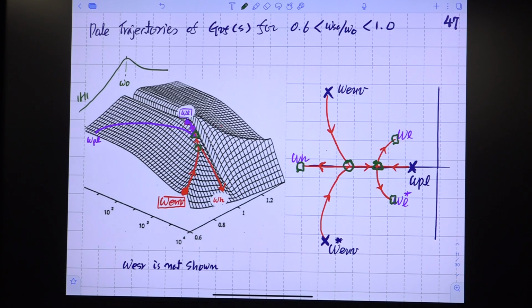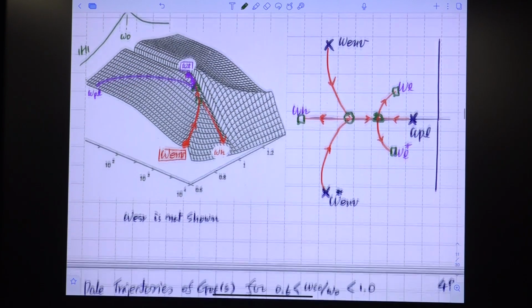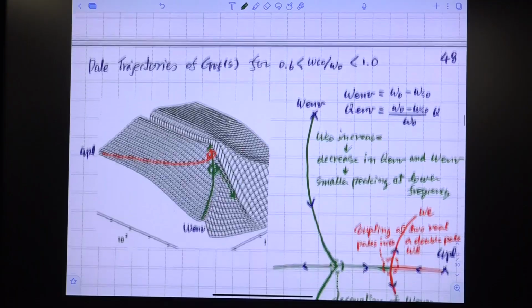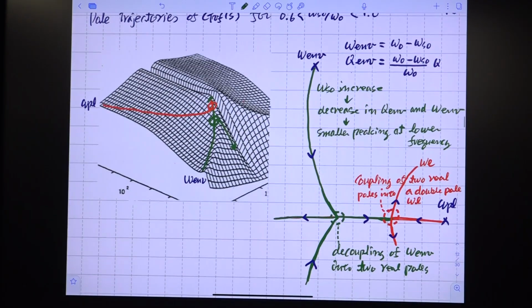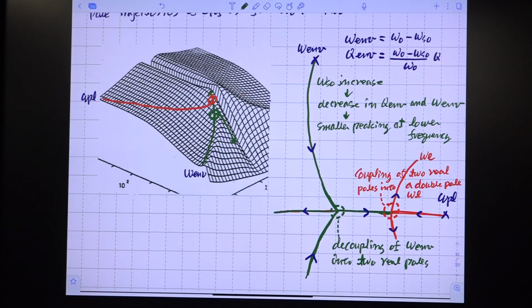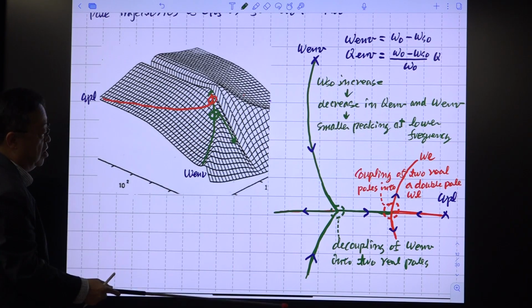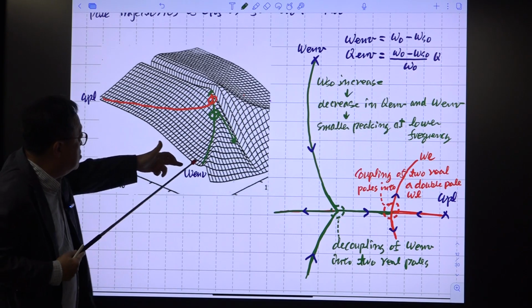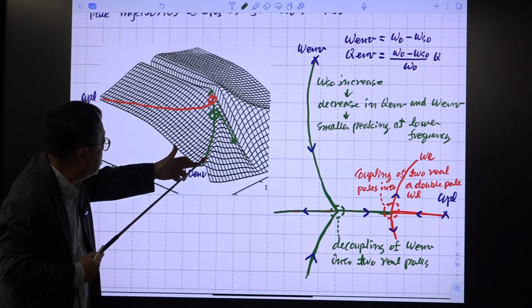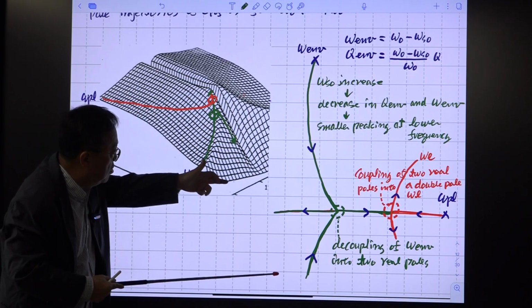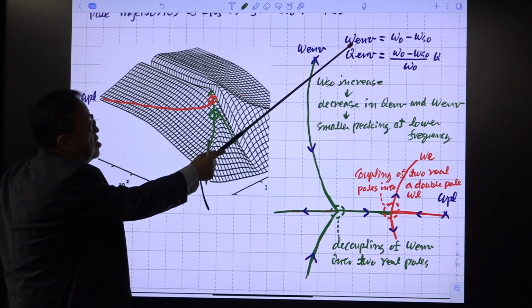And I have another graphical portrait of this, an interpretation of this. Okay? Originally, we start out here. Omega E and B at very high frequency. Omega E and B start here. Okay? So they moved. As the switching frequency increased, they moved in this direction because omega E and B is